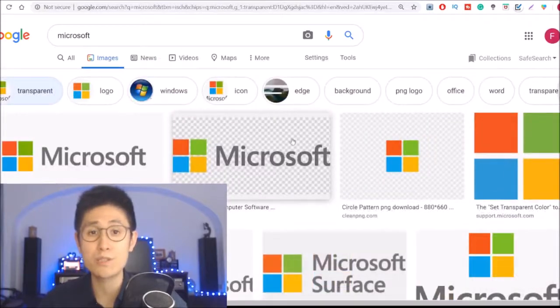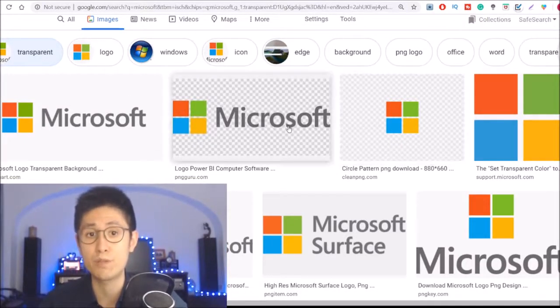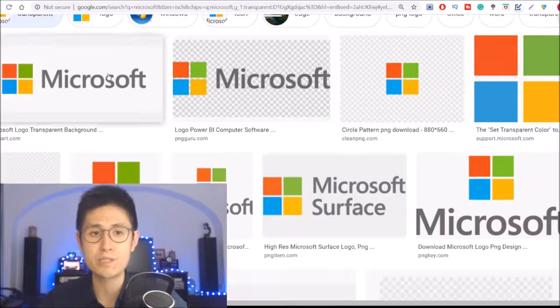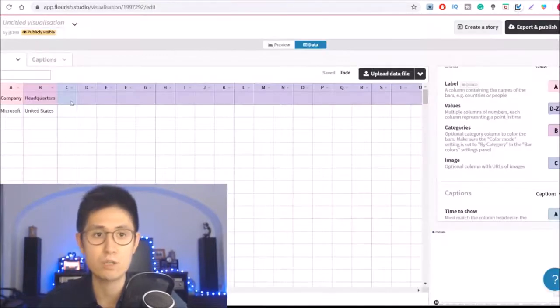And now what you also want to do is to actually double check whether the images have a transparent background. So for example, these that already show up with their checkered background will not, unless you actually go into the website and then go through the fuss of downloading an image or something, which we don't want to do. Instead, for example, this one doesn't show the checkered background just yet, which is a good sign. If I open it up, if it then shows the checkered background here, that means it is indeed transparent. So I can now right click it, select copy image address, go back to Flourish here and just paste it